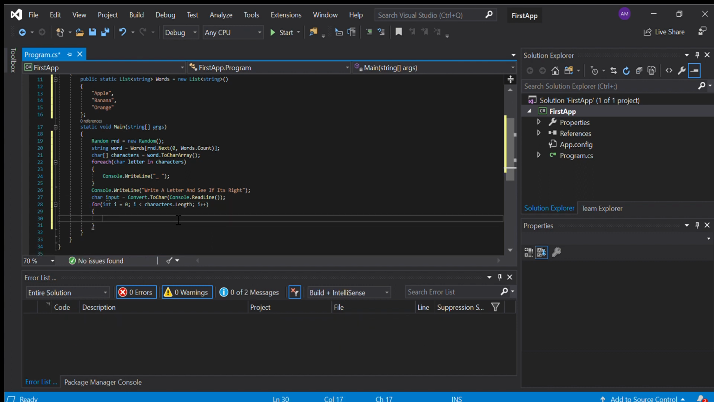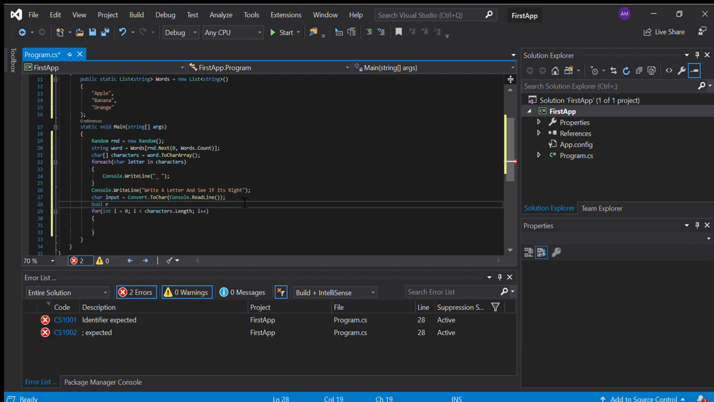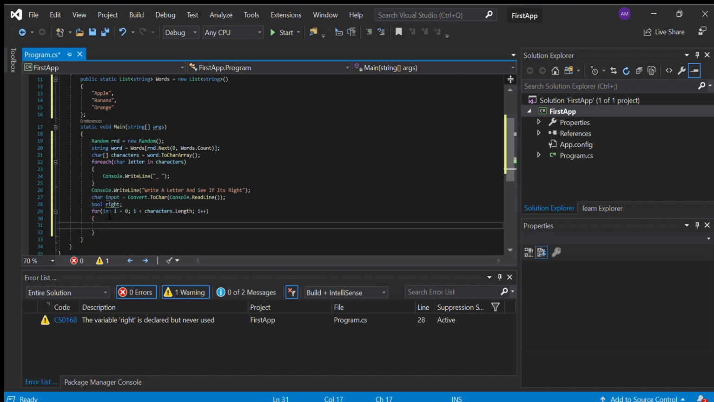Now we're gonna check if the input was in or out. So why don't we make a boolean up top? Bool right. Now it doesn't have a value right now, but it will. So we're gonna find out if it's right or wrong. So characters,